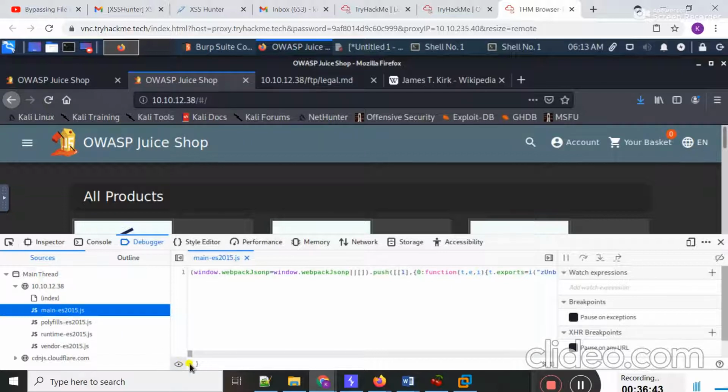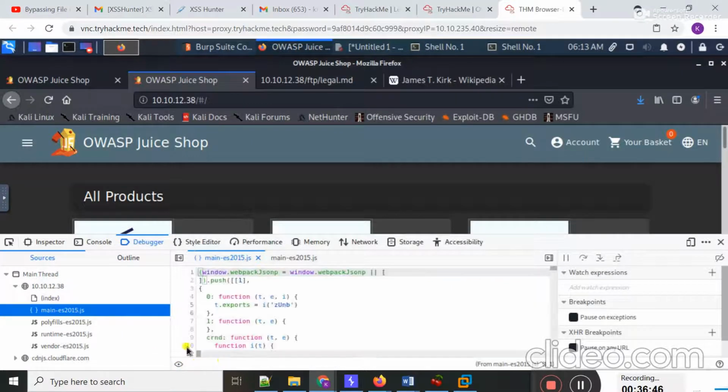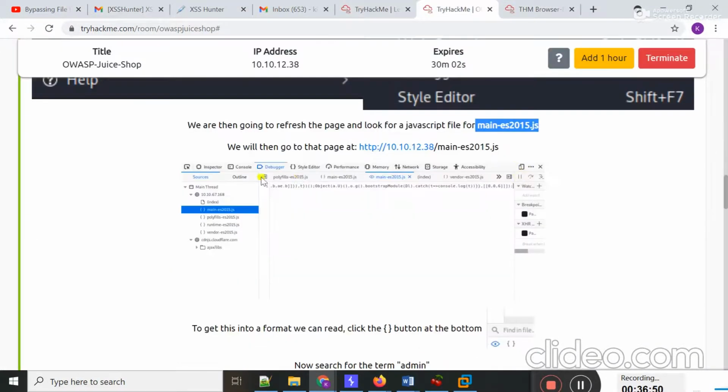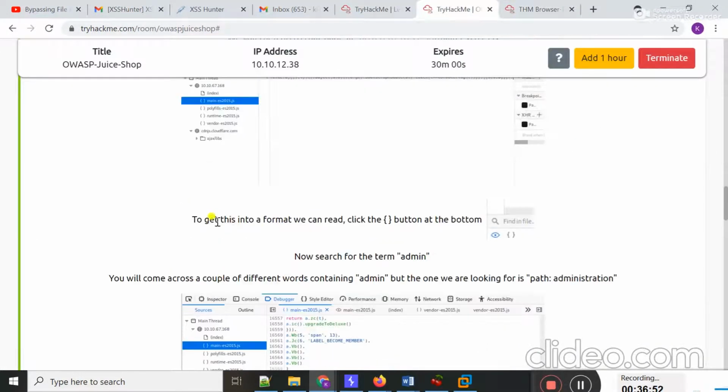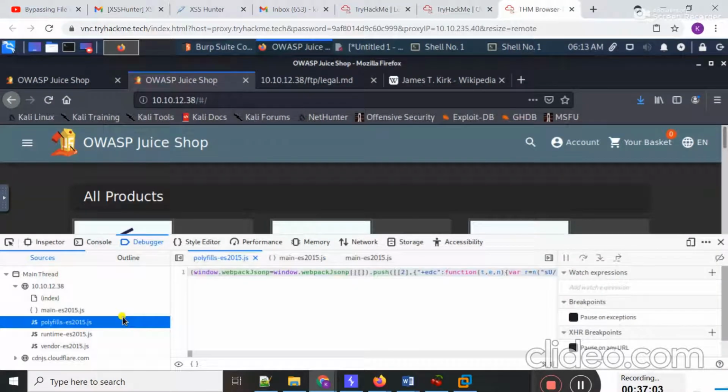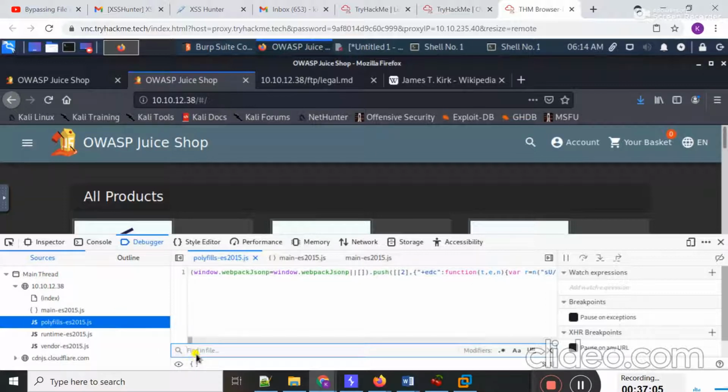If I click on these double square brackets, you can see the code is present here. To get it into a readable format, we can click on this bracket. Now search for admin. If I press Control F, type admin and hit enter.